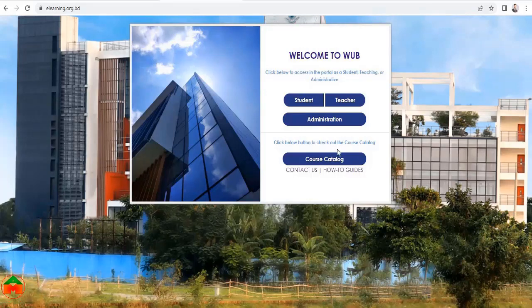You can see in World University of Bangladesh, at the initial stage, you have to log in. If you are a faculty member or an instructor of a course, then you have to log in by providing your user ID and password. So I am showing you